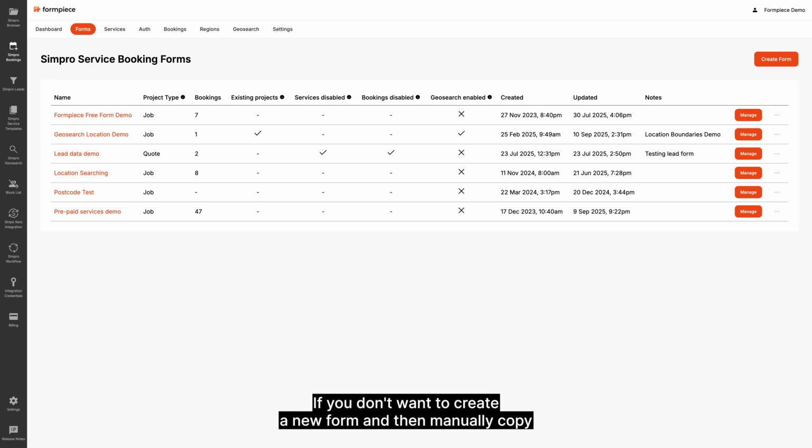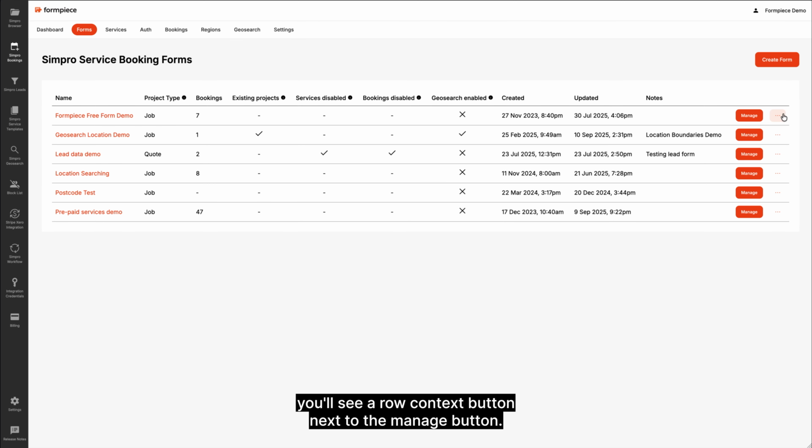If you don't want to create a new form and then manually copy all the settings, you can now duplicate an existing form. If you navigate to your forms and look to the right of the table, you'll see a row context button next to the Manage button. Click on the row context menu and you'll see a duplicate option. This option is only available for paid plans, so if you don't see the duplicate option, you'll need to upgrade